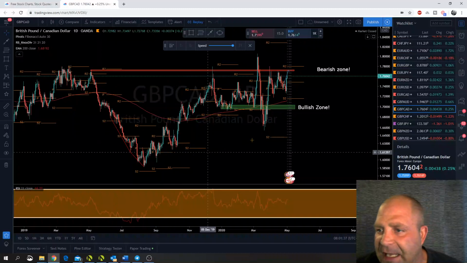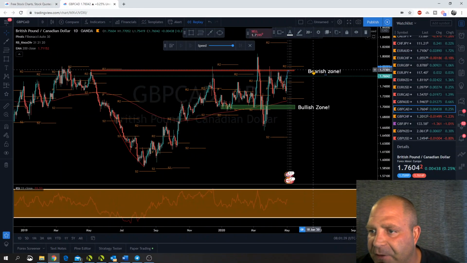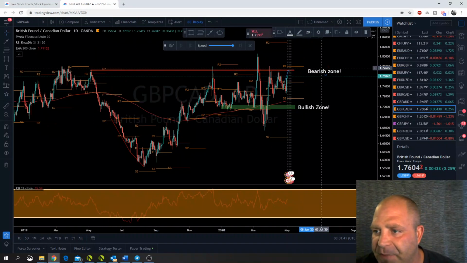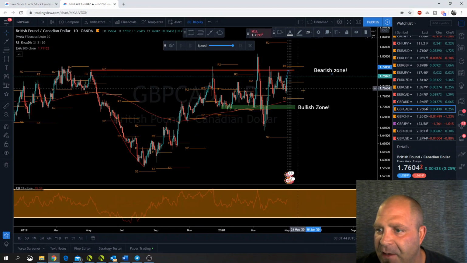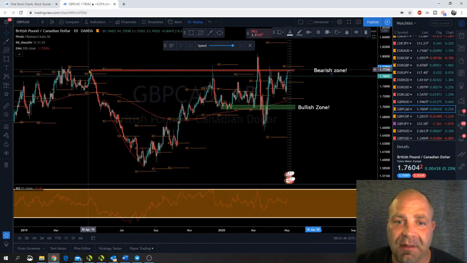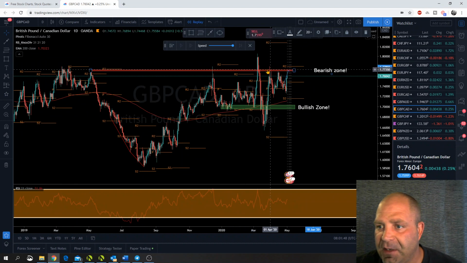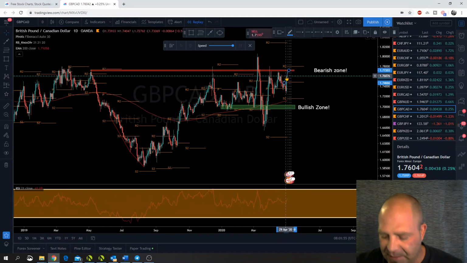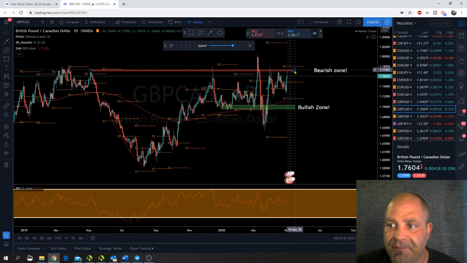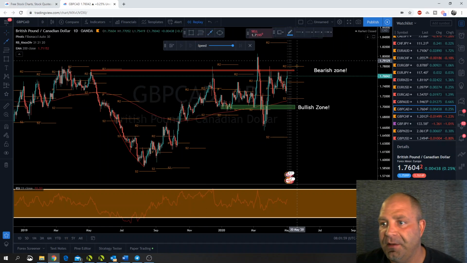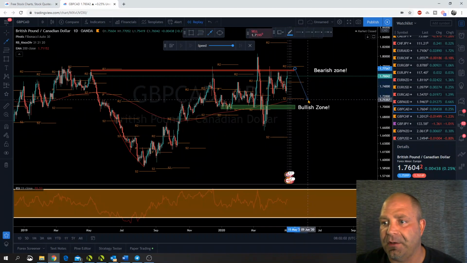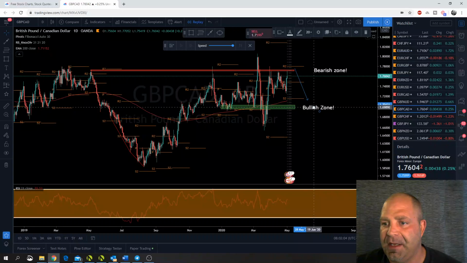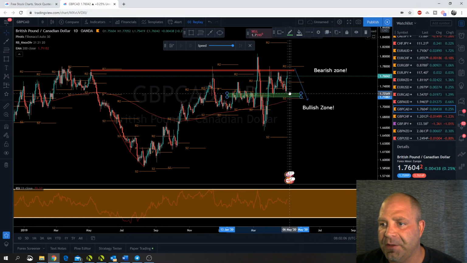Okay, pound CAD. So we are flirting with this strong bearish zone right now. I love it. I love this bearish zone. We had a little bit of a hitch over it. Maybe see if it stretches to this R2 right out of the gate. But man, this is a good short, at least to that 200 EMA. Or we could say, you know what, we're starting to see a little bit of